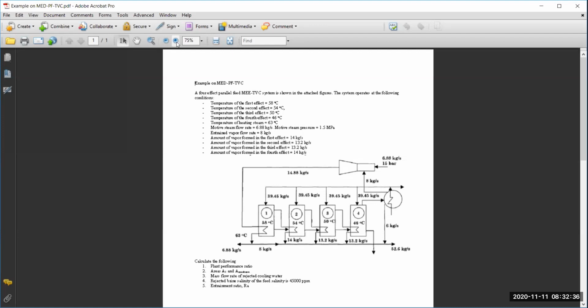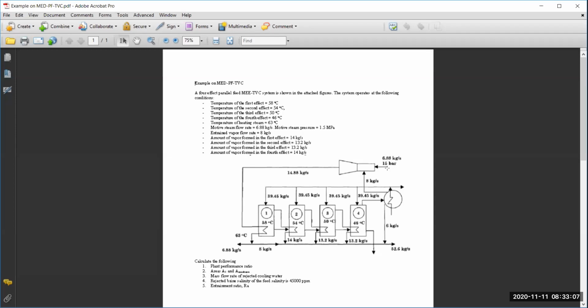The temperature in the first effect, T1, is 58. Second effect, T2, is 54. Third effect, T3, is 50. Fourth effect, T4, is 46. So there is a 4 degrees centigrade difference between them. Whereas the steam temperature is 63 degrees centigrade. The motive steam flow rate, which is right here, is basically